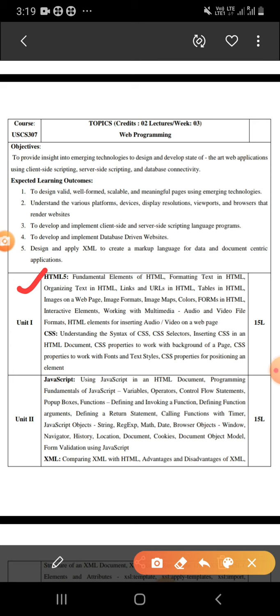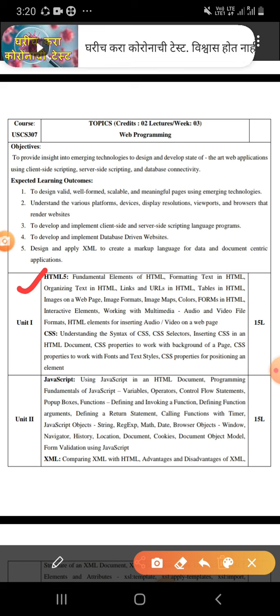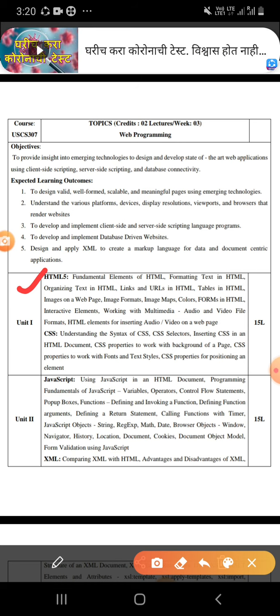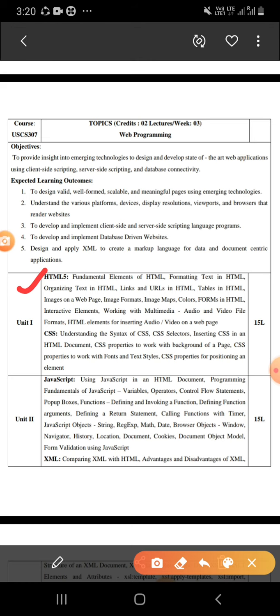HTML is the hypertext markup language. Markup language means it is only used for making or designing web pages, not for writing code. Only how your web pages look. For that purpose only we use HTML.